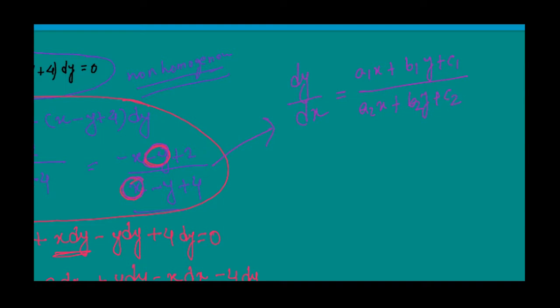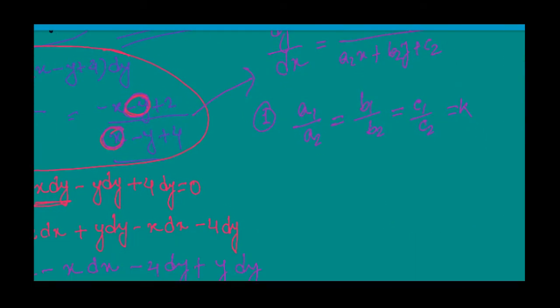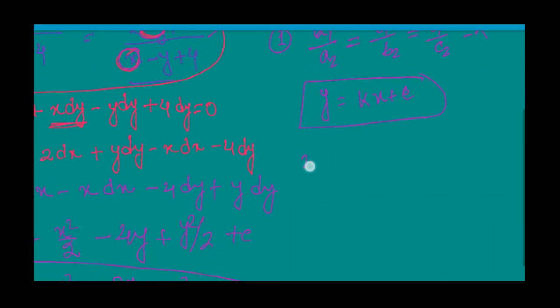In this form, case 1: if a1/a2 = b1/b2 = c1/c2 = k, then directly we can write that y = kx + c is the general solution. And case 2: if a1/a2 = b1/b2 = k,